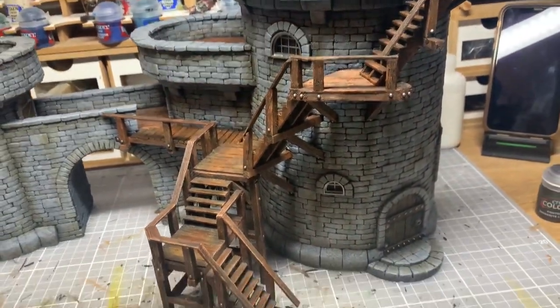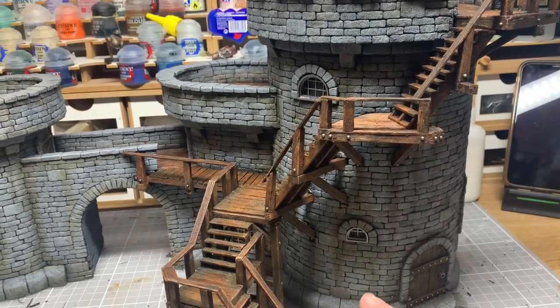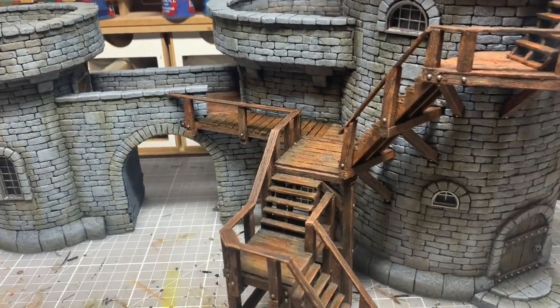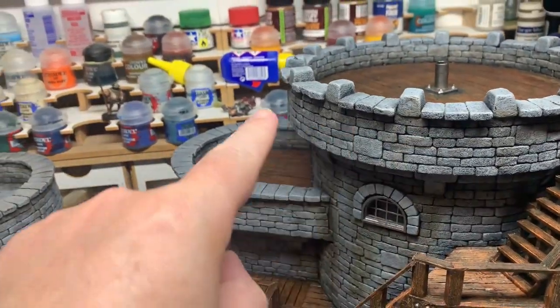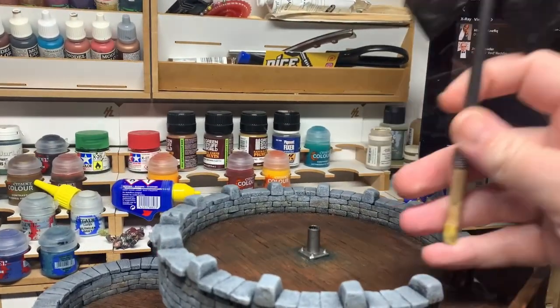And I've started on some metallics, so the rivets on the wood and the window frames. I'm not going to do wooden window frames. They'll be made by the blacksmith, which is a building coming soon. I think I've just got a little bit more weathering to do around the top bits. And then I've got to work on this thing,